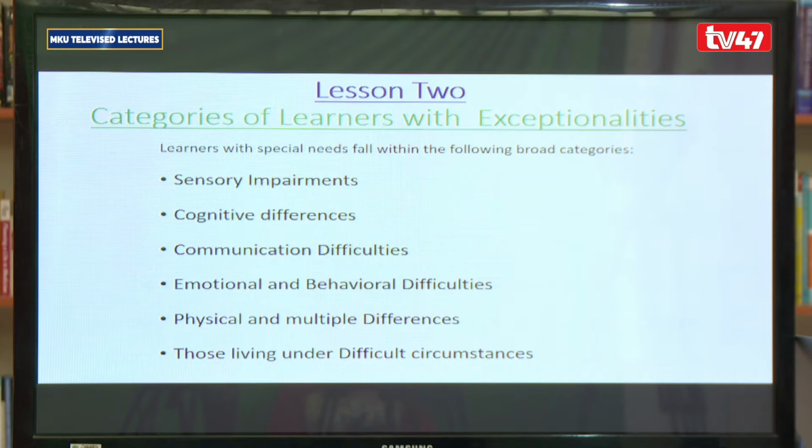Because as we said, with the law that came about in those years in America, after the progress that came about up to the time we went into this conference organized by UNESCO, we are now looking at a broader group of children, not just those with visible disabilities that we are able to see, but other things that can make a child not be able to concentrate in class, and again, not be able to participate at the same level with the other learners.